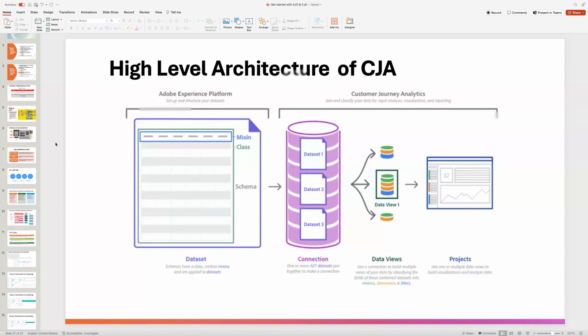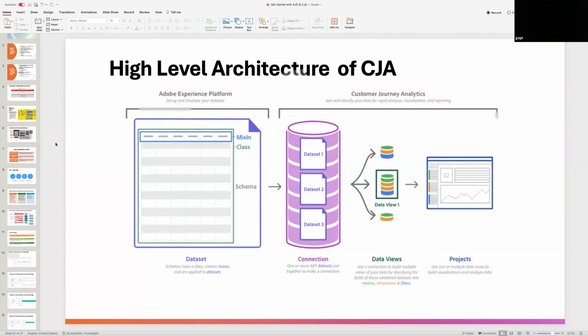Yes. So the data that you collect using Launch that you send into Adobe Analytics, the same data, the way you were using Adobe Analytics, you can bring that data into CJA and do the analysis that you used to do in Adobe Analytics. Yes, so you can see eVars, props, events, exactly the same thing. You can apply attribution, you can apply expiration, you can apply